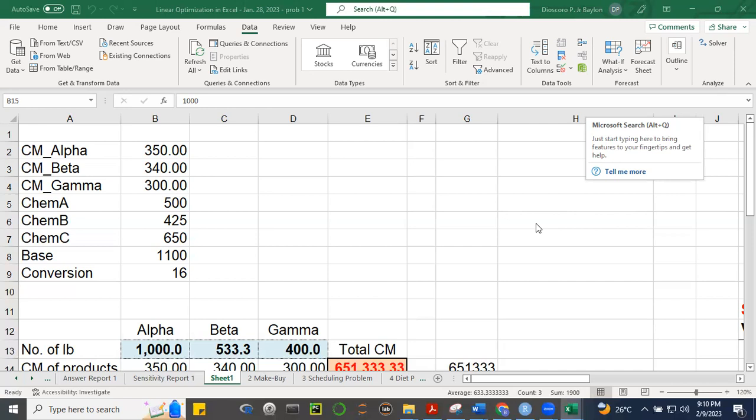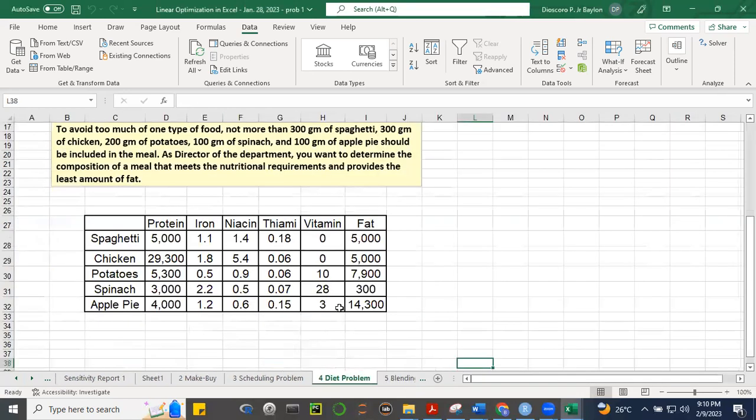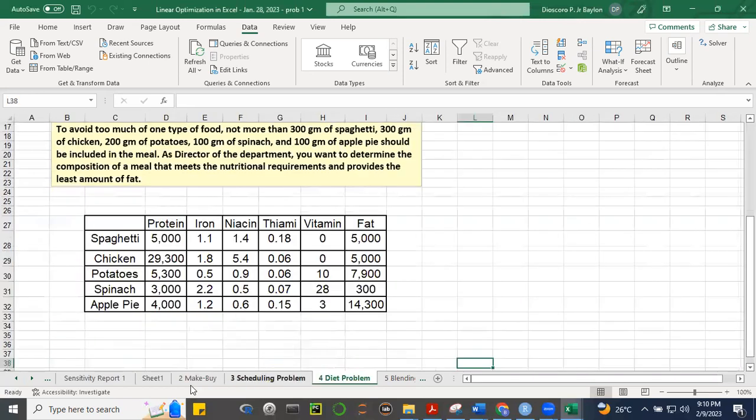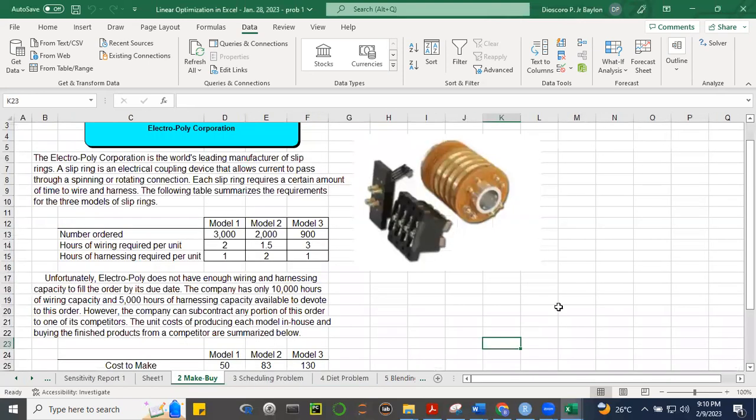Oo. Tingnan nyo kung saan kayo mako-cover. 2, 3, 4. Kung kaya hanggang 4. Kasi I think baka kakayanin natin. Let's try to target 3 problems. Kasi next sa Saturday, dali, stop recording ko na muna. Kasi hindi na naman to part ng